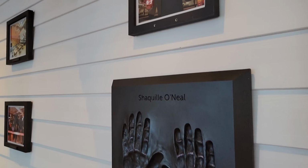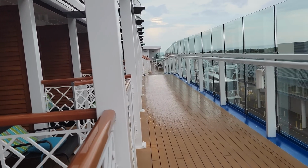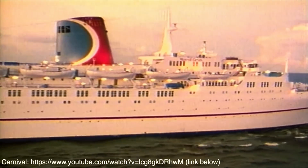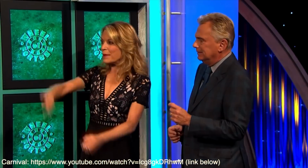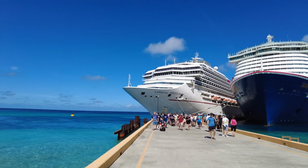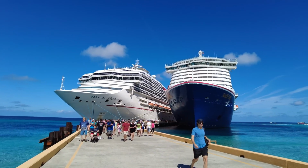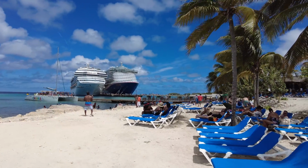Before we get into the decks, let's take a look at the background and some stats about the Mardi Gras. The new Carnival Mardi Gras is a nod to the past while bringing you into the future. The first ship Carnival launched in 1972 was the TSS Mardi Gras, with the goal of making cruising something everybody can enjoy. The new Mardi Gras was built in 2021 and can accommodate over 6,000 passengers and 1,700 crew. There are 18 decks with a length of 344 meters or 1,129 feet and a gross tonnage of